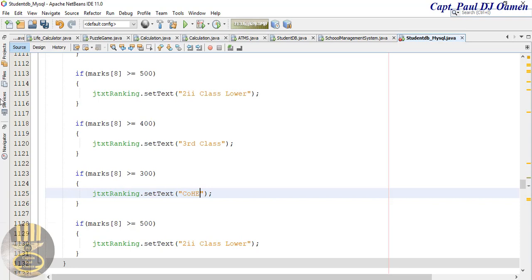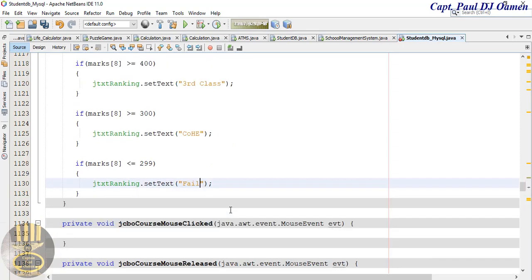And finally, if let's assume we have something less than or equal to 299, in that case it's going to be a fail. There we go. Nice one. Now the other thing I want to do is